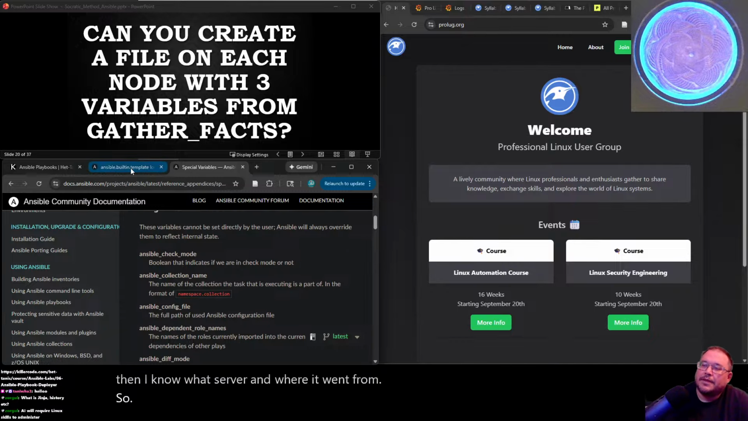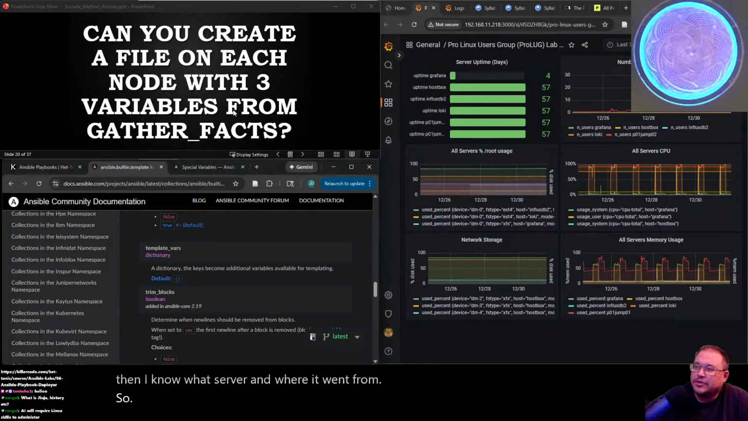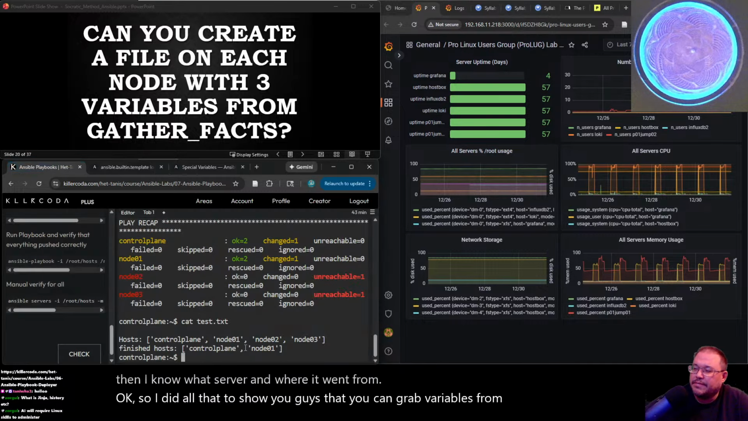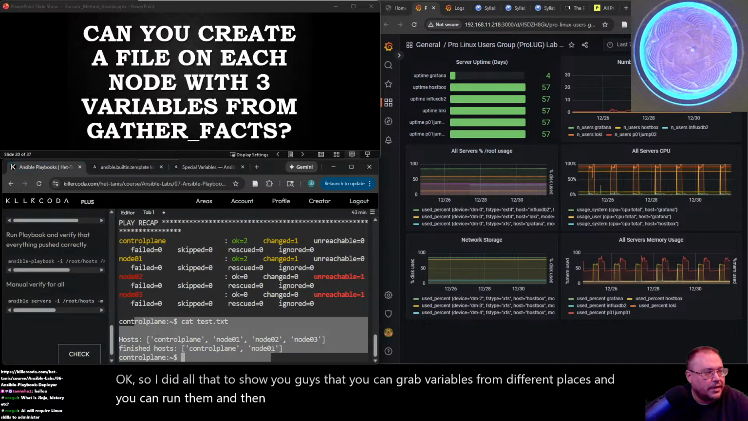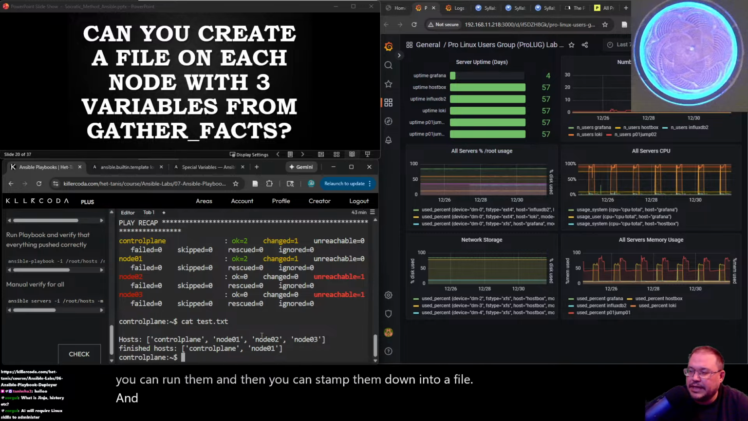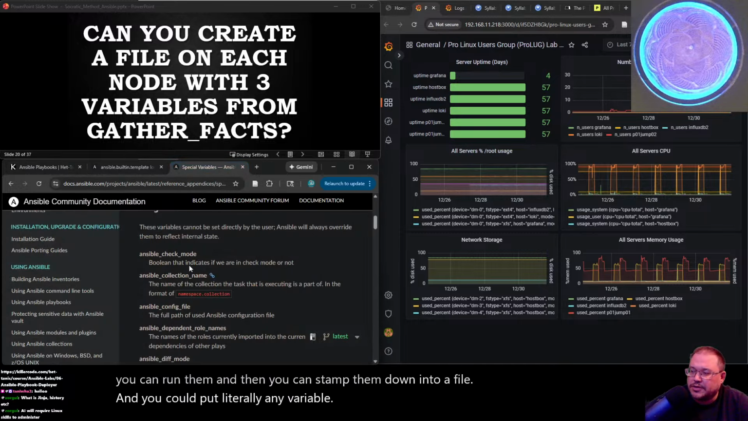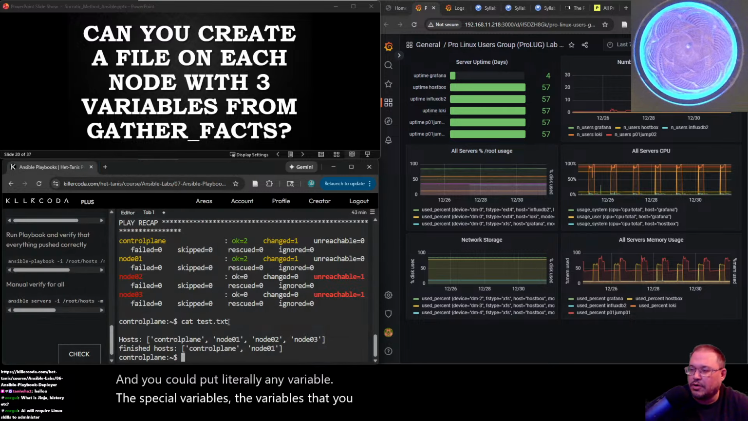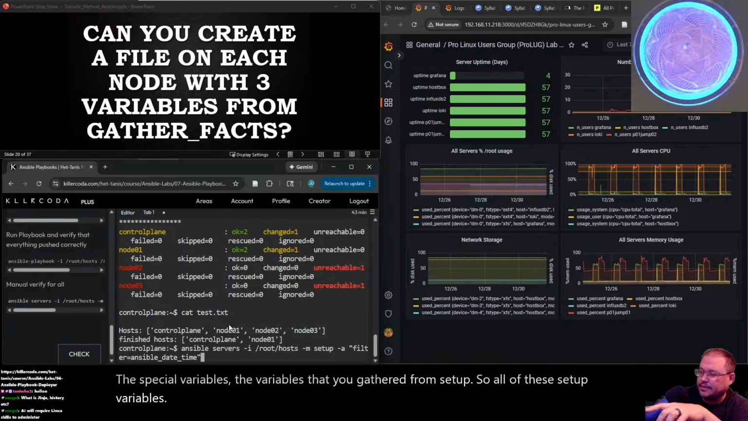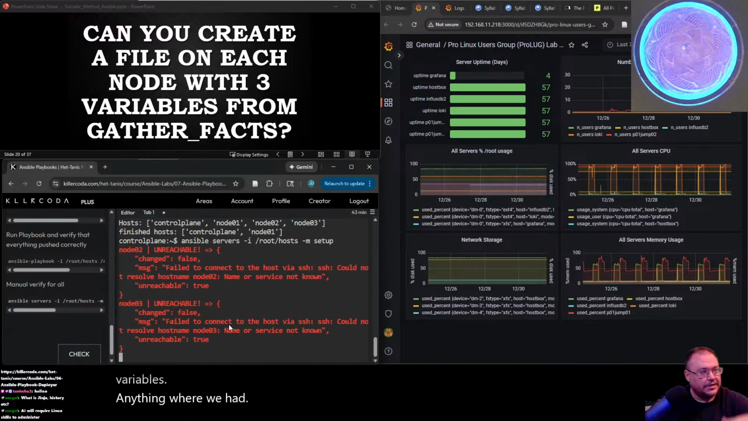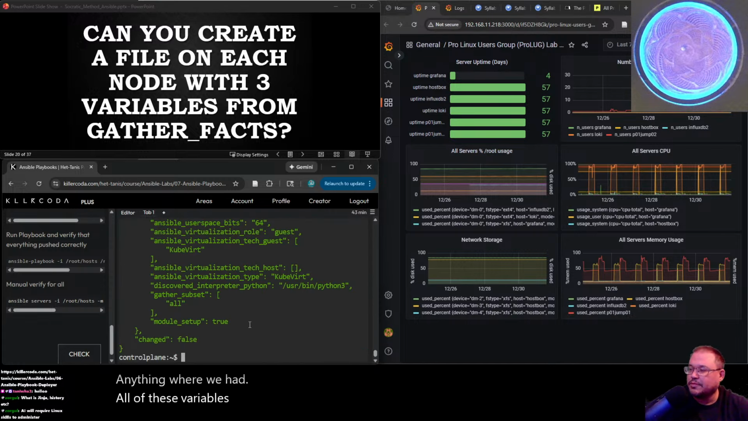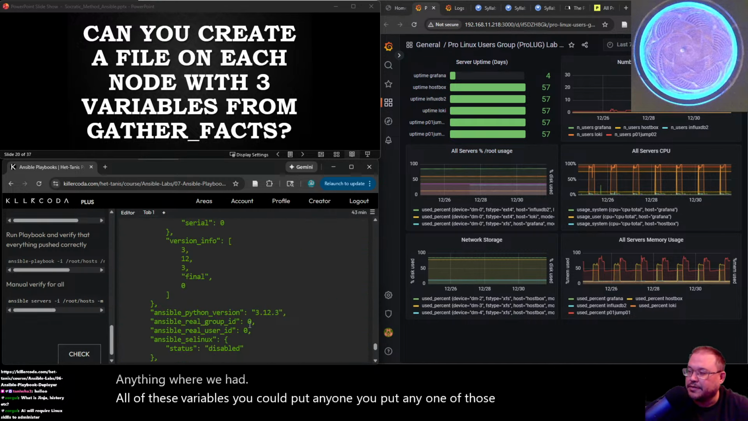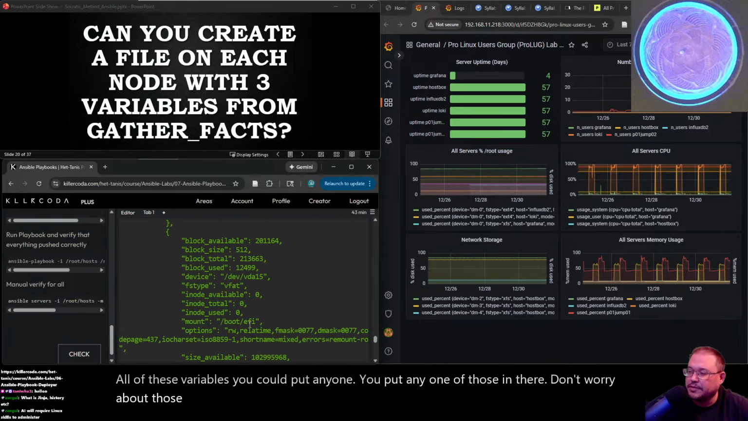Okay. So I did all that to show you guys that, yeah, you can grab variables from different places and you can run them, and then you can stamp them down into a file. And you could put literally any variable, the special variables, the variables that you gathered from setup. So all of these setup variables, you can put any one of those in there. Don't worry about those 2 failures. But all of these variables, any one of these,